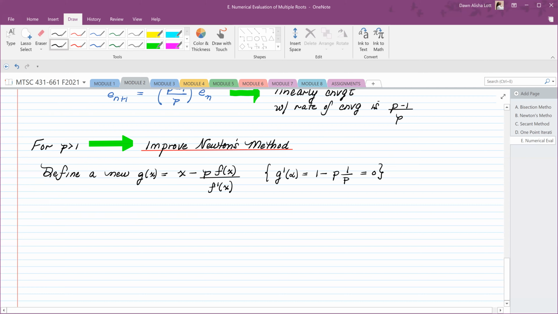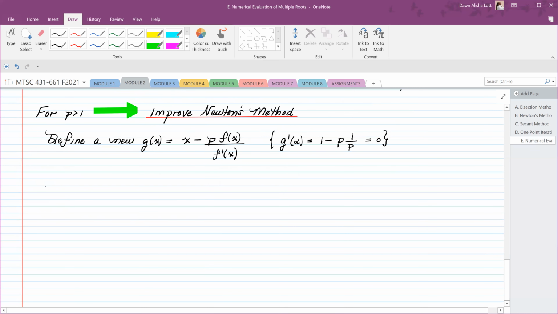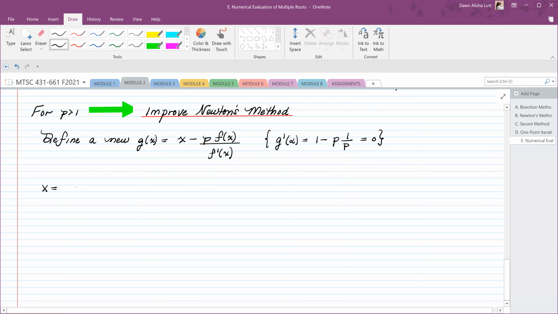Okay. So when you do this, you get x is equal to x_{n+1}. Whoa, whoa, whoa. I don't want x, I want alpha. Alpha is equal to g of alpha